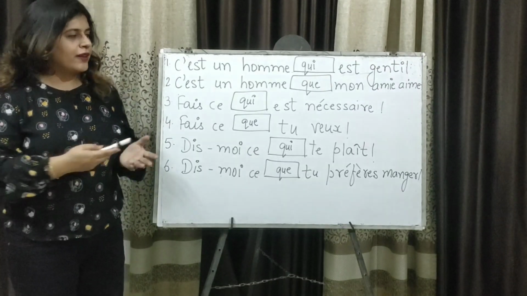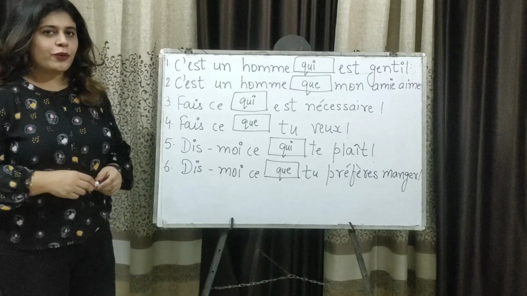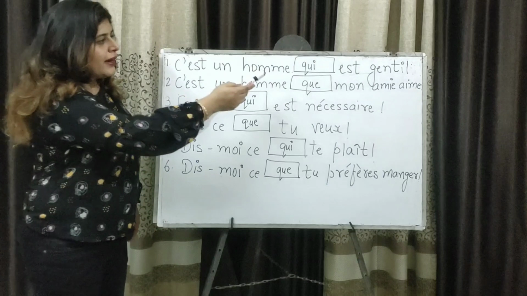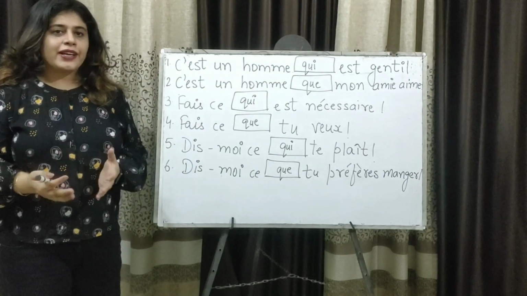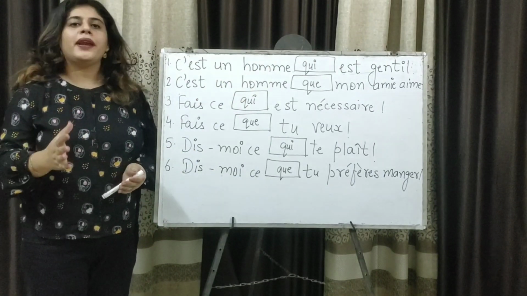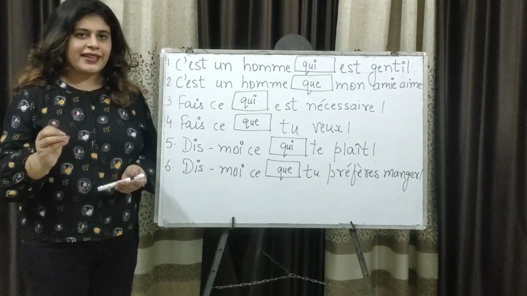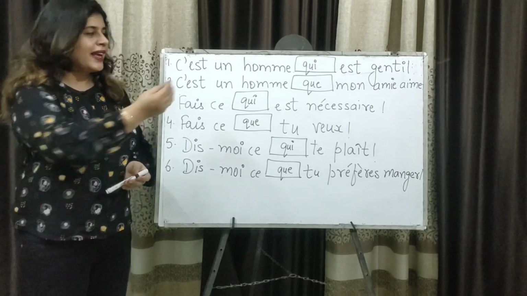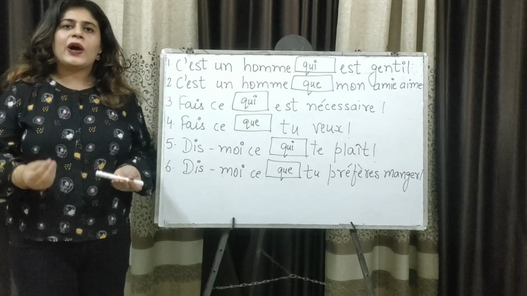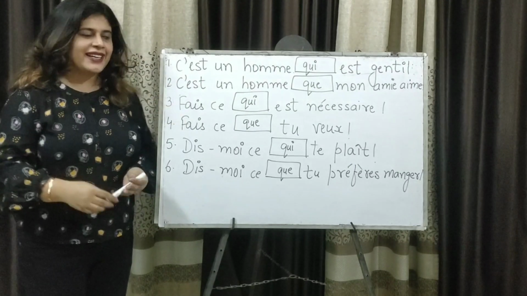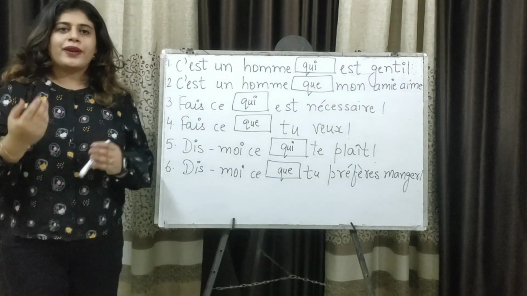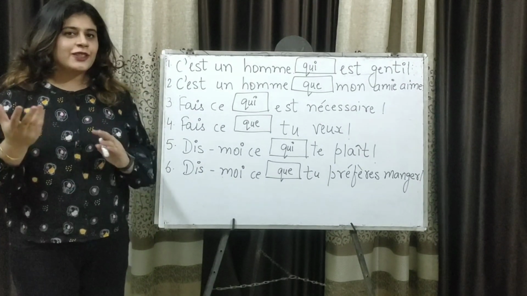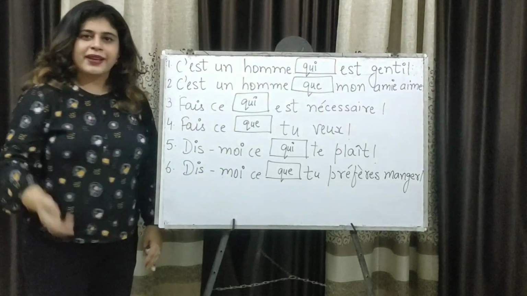Sometimes you are asked to do it in the form of blanks. Let's take few more examples of the same. C'est un homme, it is a man. Later, est gentil, is kind. So in these type of cases, the common noun is absent from the sentence. It is not given twice. But we can easily make out what that common noun is. In this case, it is the man. Let's see how we can fit a man to make our second sentence. The man is kind. So when we say l'homme est gentil, l'homme est un sujet. Man is the subject. So subject replacement is qui.